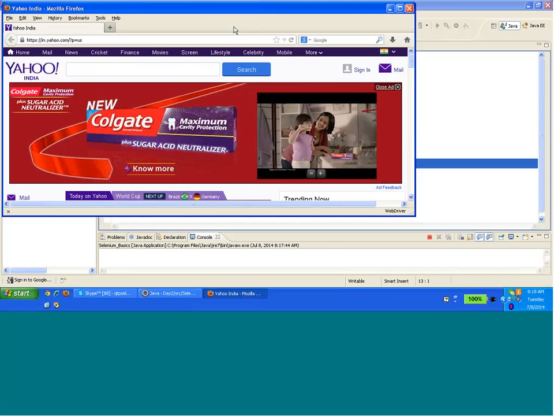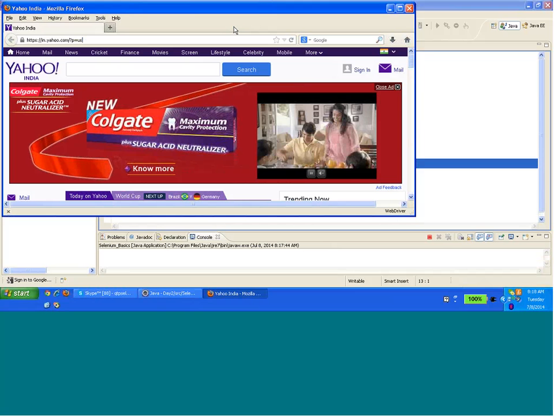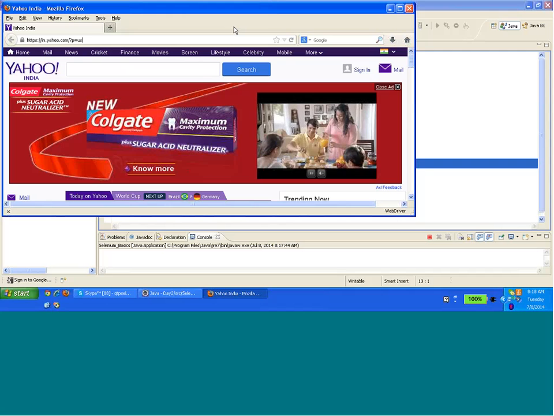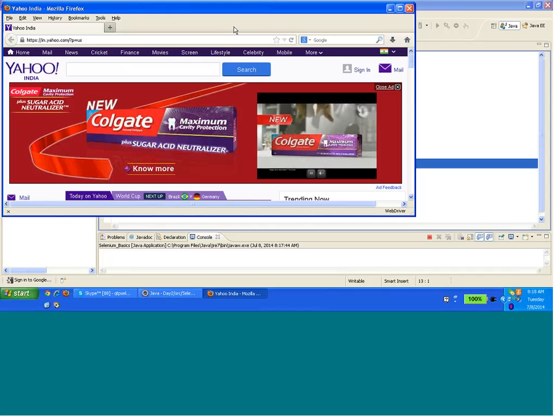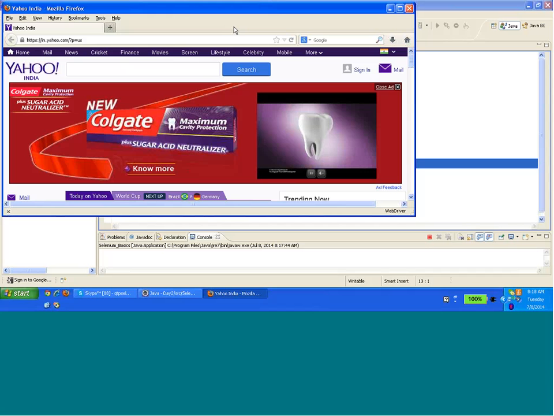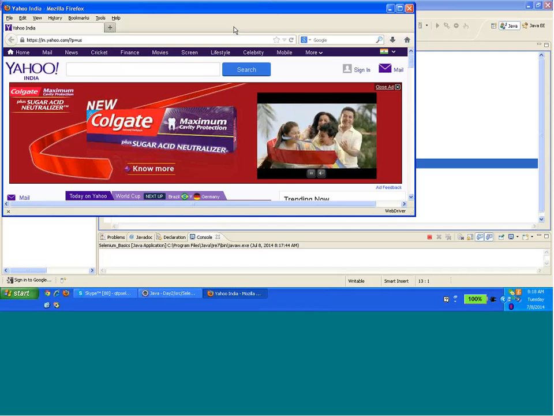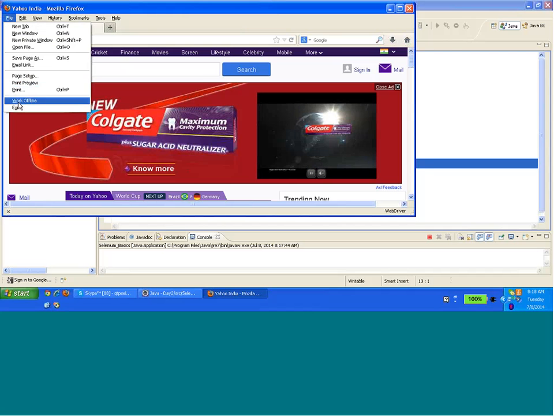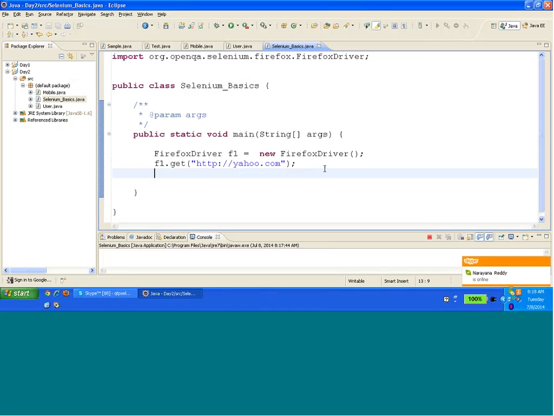Any questions from anybody? So this is how you work in Selenium. In Selenium, everything is inbuilt. I hope you understand this. You don't need to make something of your own. All the classes and everything is inbuilt. Similarly, for Chrome as well, there is a class, I'll work on that as well,